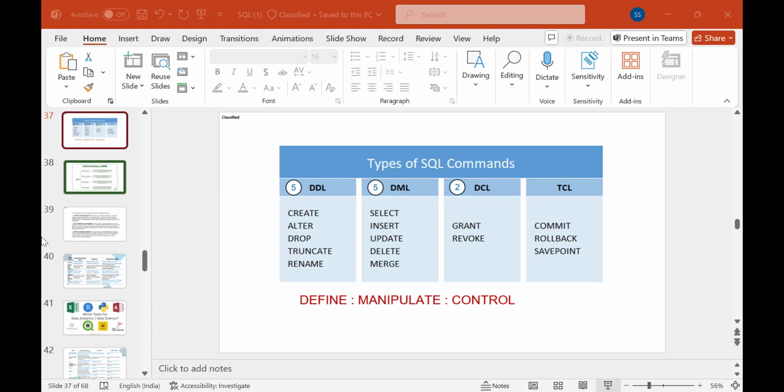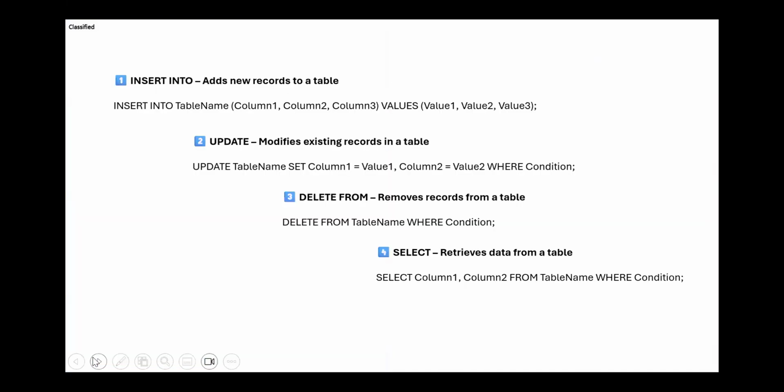Okay, so let's see what is the way the code works over here. So when I want to insert records into a table, we say insert into, and here you will notice that insert into is in capital because that is the SQL command. Table name, and then you open the bracket and put the headers of the columns, because where have you made the headers? You did it when you did create table, right? So just put down the headers.